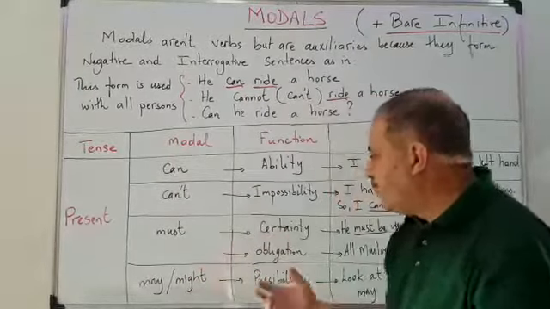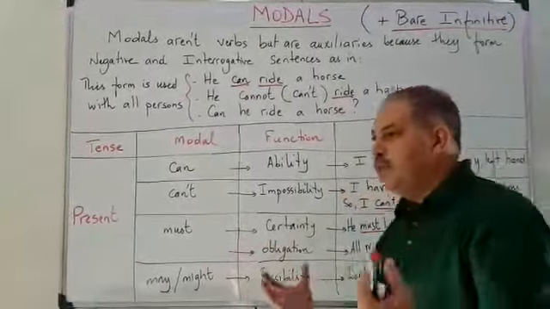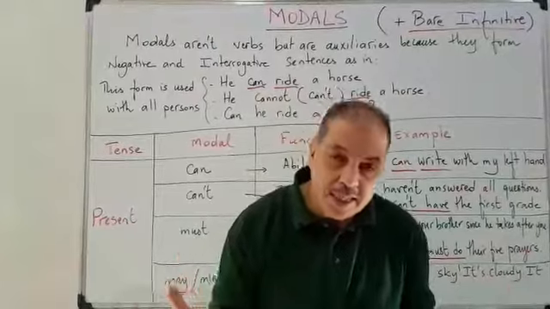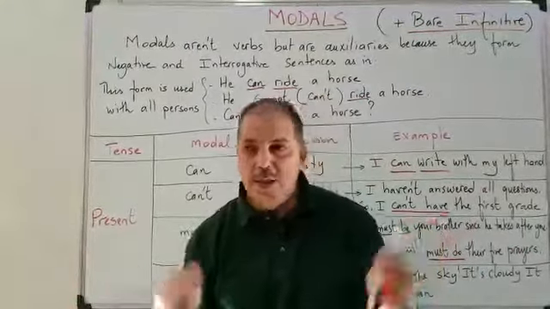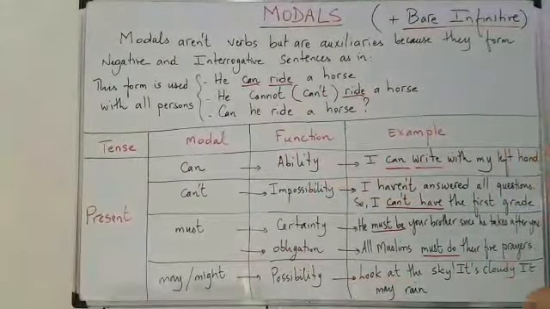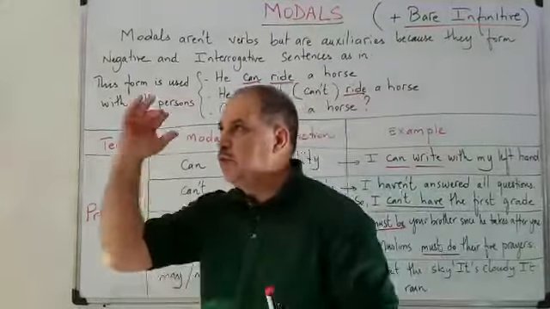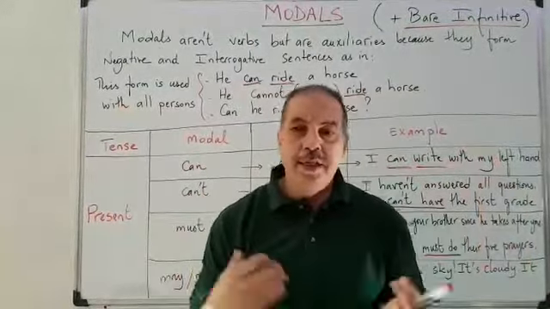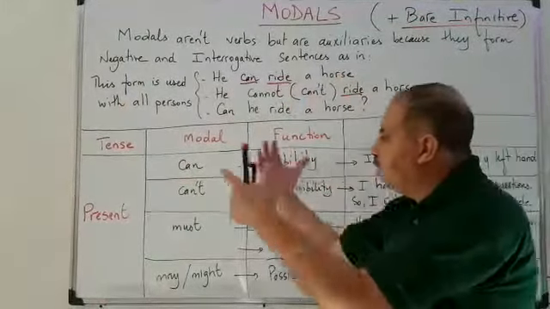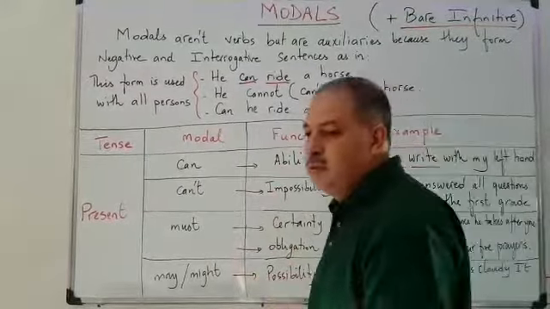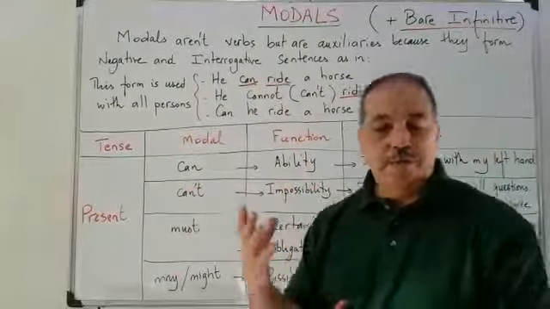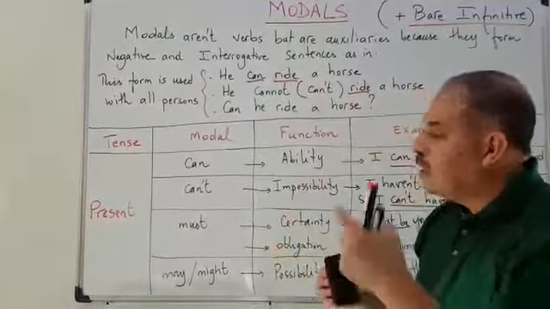Now may, might means possibility. ممكن. هنا كنستعملوا may و might فاش ما كنكونش متيقنين 100%، كيكون عندنا شوية ديال الشك. So example: look at the sky, it's cloudy, it may rain. So we are not sure here. Now this is when talking about the present context. هنا استعملنا modals في الحاضر.